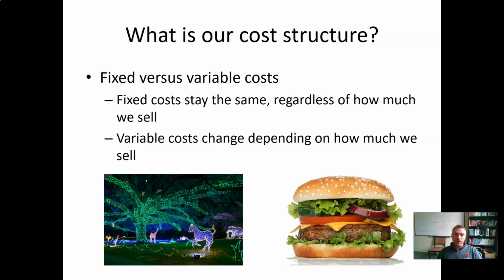Well, what costs are you worried about? You're worried about the cost of the meat and the bun and the pickles, the tomatoes. If you don't have any customers, it's very simple to stop ordering more ingredients, whereas if you have a lot of customers, you just keep ordering new ingredients. And so your costs change very much depending on how much of a particular product you sell. This is important when we design the revenue model, and we'll talk about why in a little more depth.